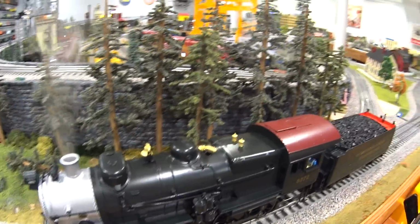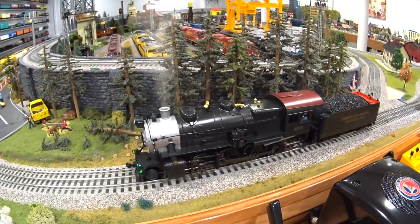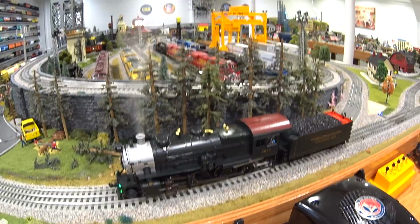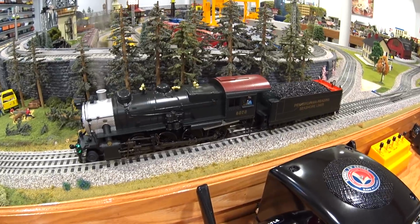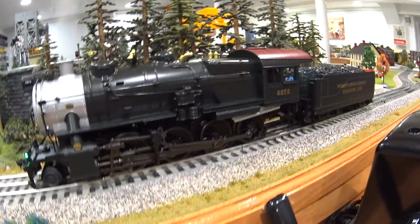So between those and the swinging bell and the price of only $675, which is probably the lowest priced legacy engine I've ever purchased, plus this has Bluetooth in it, I think this is probably the best deal on a legacy engine maybe ever. Yes, it's not a huge, gigantic engine, but still, it's got a great,